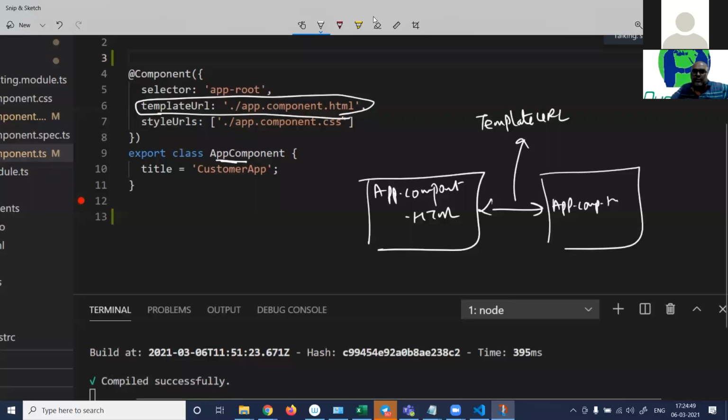What is a selector? Yes. Any questions? Yes.